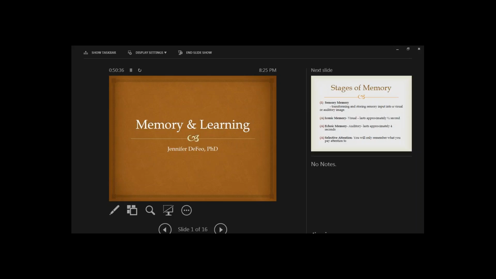So when we're looking at learning and memory, this is really important for certain populations that you may work with, such as dementia patients. But the interesting piece about this is that I'm going to tell you what happens in normal aging versus when there's a problem. Because the DSM-5 now really is sensitive to,